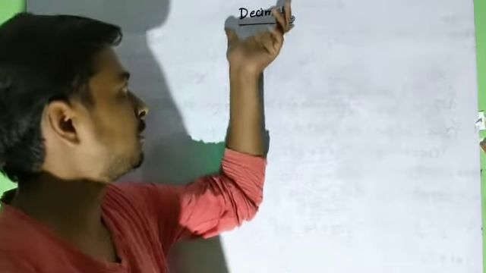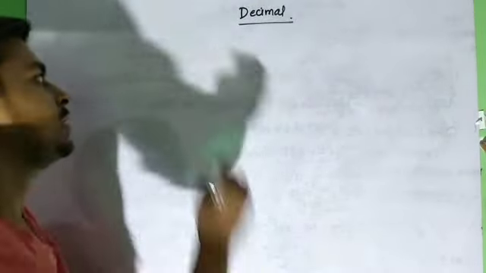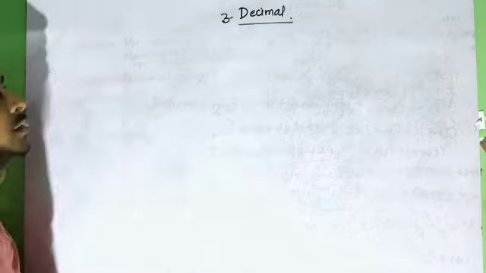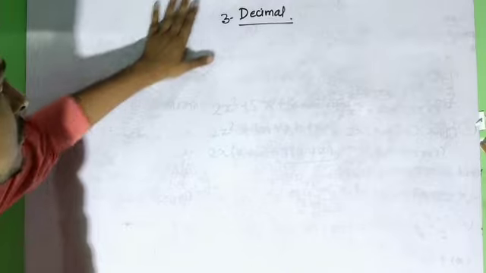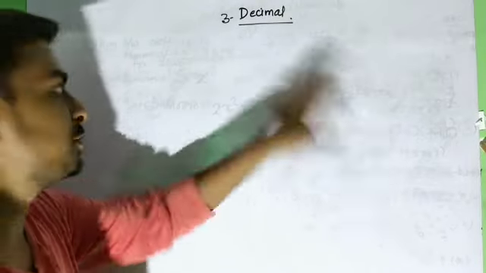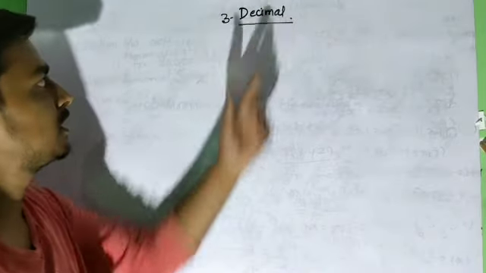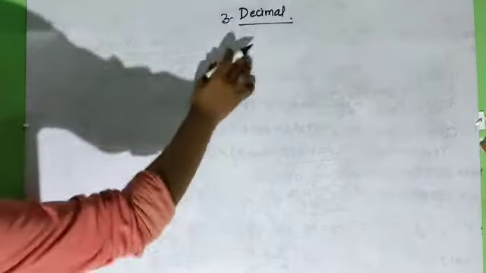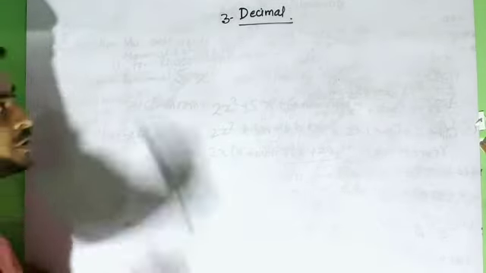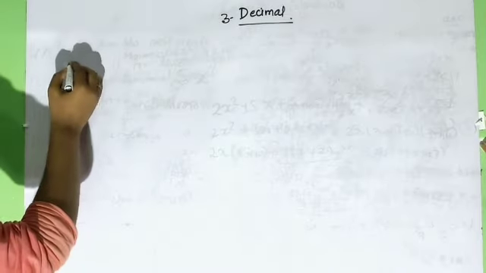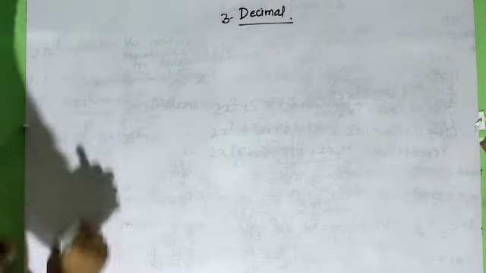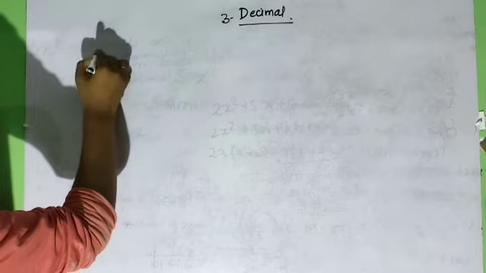Now, after the break, we will start the new chapter, chapter number 3. There is a slight problem, so some images are coming; we will adjust. So, this is the third chapter. The name is Decimal. Before starting this chapter, we will revise the previous topic, a very important topic in fractions.